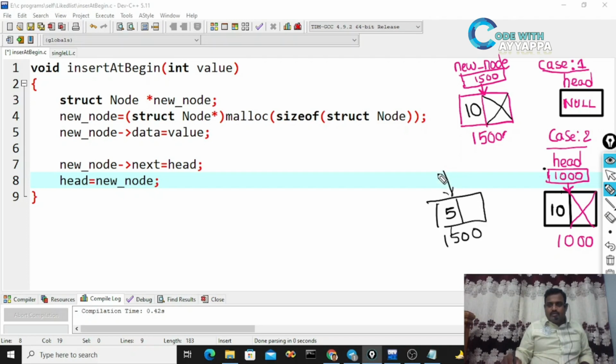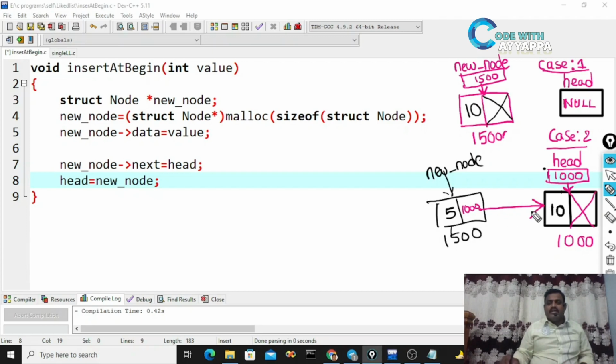This is the new node pointer variable. In this case I need to do new_node arrow next, that means this one, equal to head. Head contains 1000, so we are going to store the 1000 address here, that is nothing but we are going to point to this node.